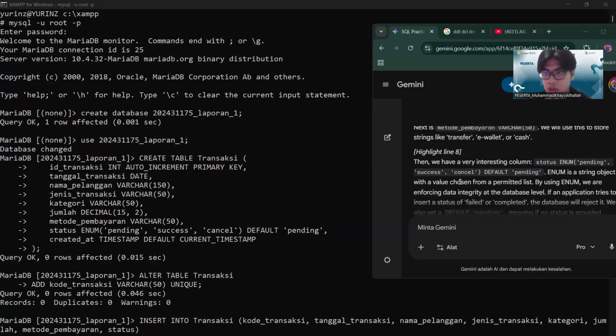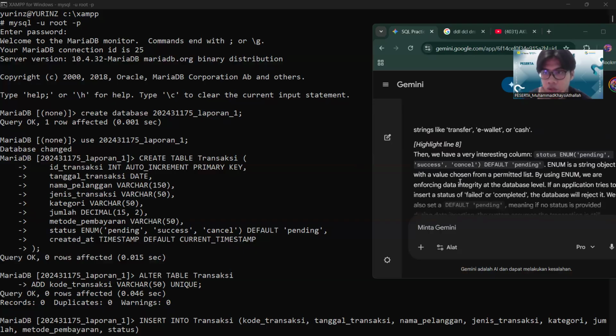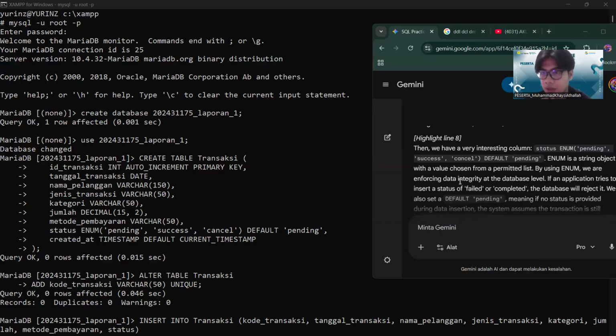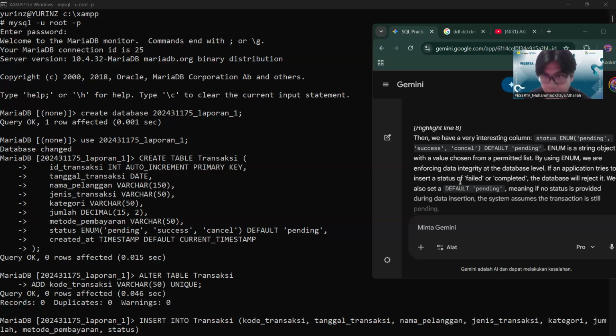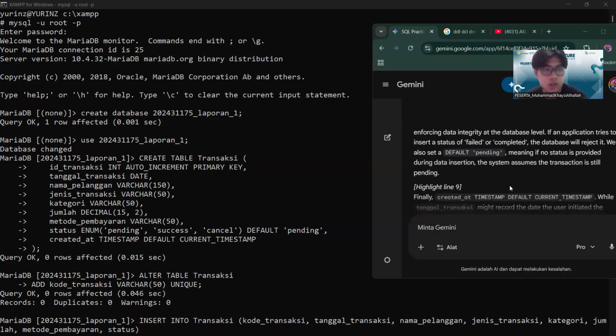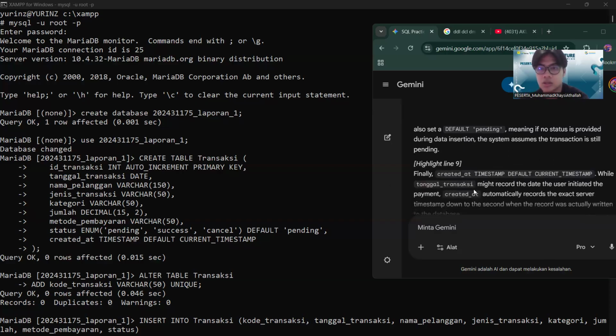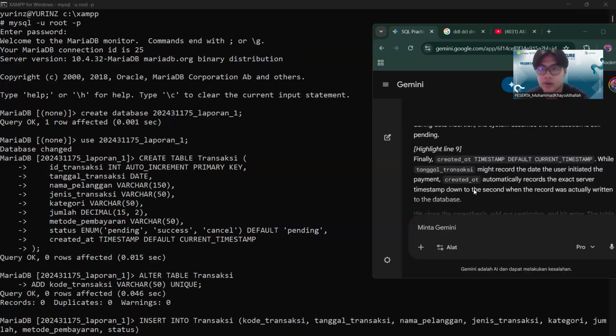And then we have status. We use the enum data type. Enum is a string object with a value chosen from a permitted list. By using enum, we are enforcing data integrity at the database level. Okay, and then the last is created_at.